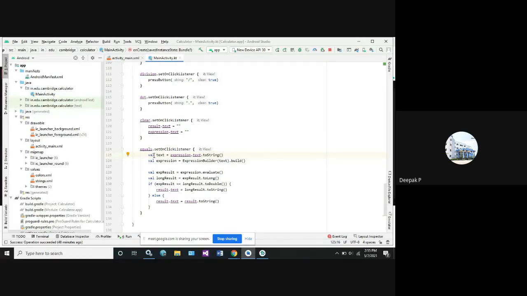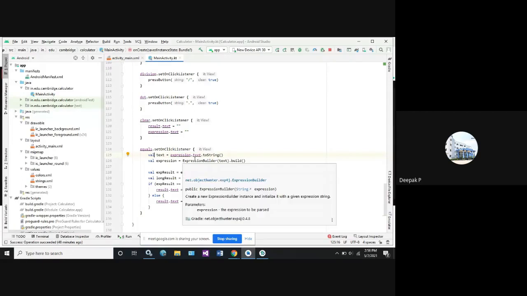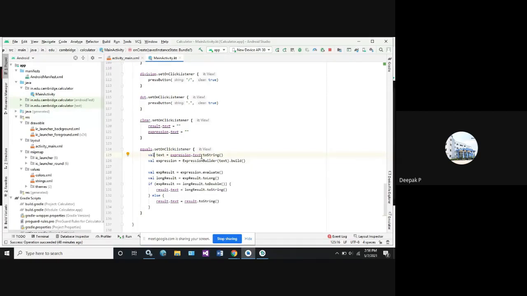Var will be loaded only whenever you are loading the string part of the data. Whereas if we are loading the data in numbers, at that time we need to take val, because the resultant will be a value, not a string. So val text equal expression.text. Whatever content is going to load will be taken as expression on the screen. The data will be converted to strings because the inbuilt functionality is taken in string.